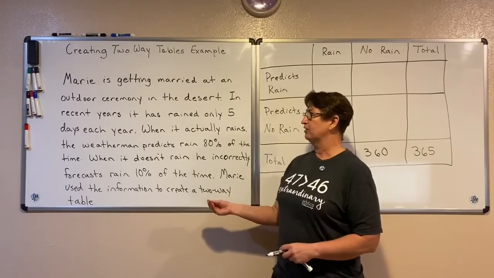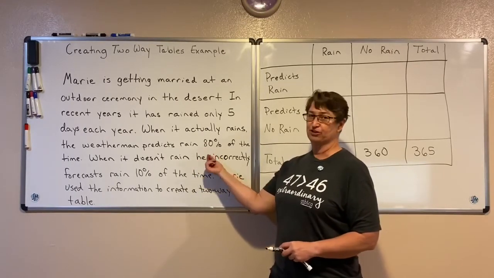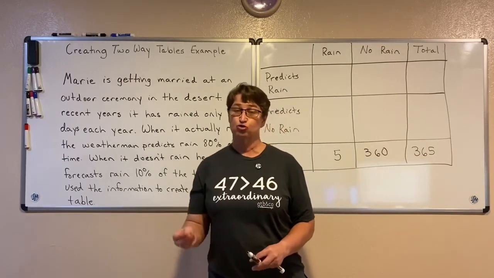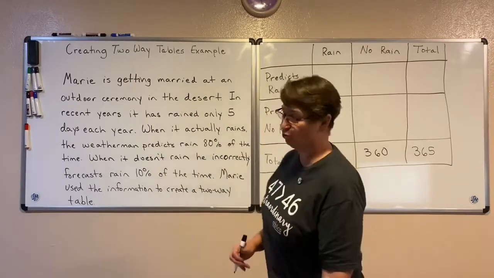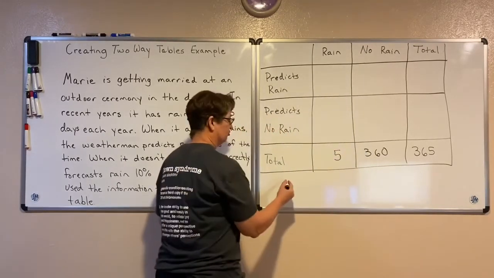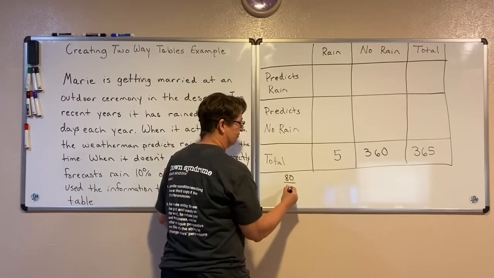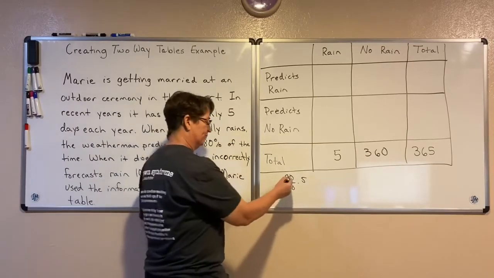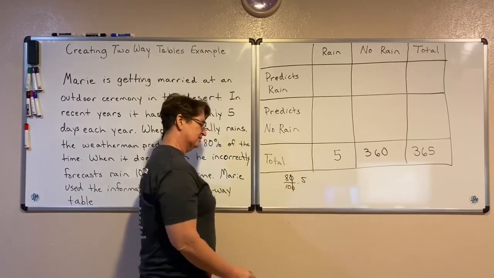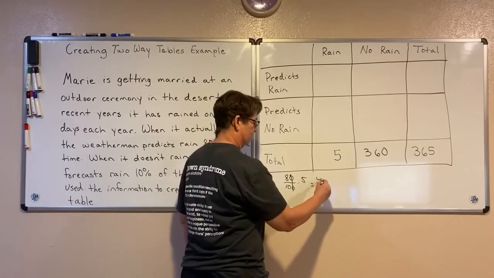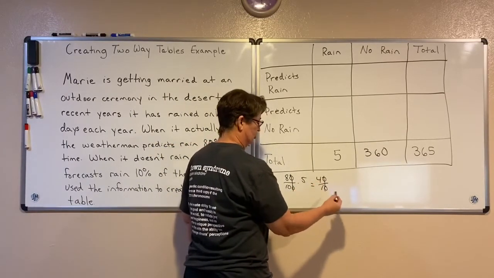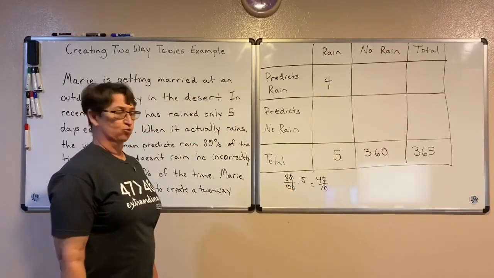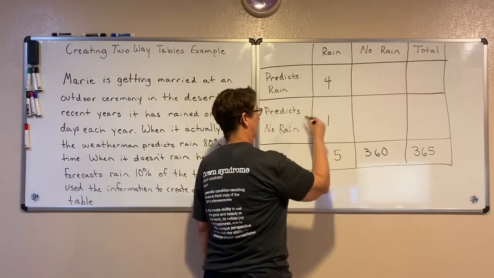When it actually rains, the weatherman predicts rain 80% of the time. So he gets it right when it rains 80% of the time. He gets a true positive. It rains and he predicts rain 80% of the time. So I'm going to do 80% of 5. Remember that percent is always out of 100. So we could make this 8/10 times 5, which is 40 over 10, or just 4. So 4 days that it rains, he predicted rain,